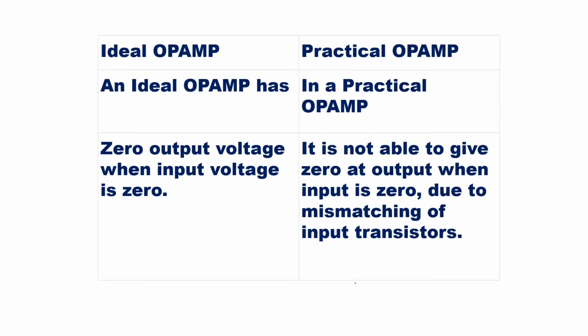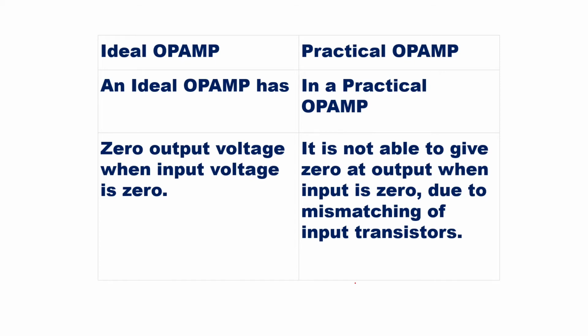Then if you look at the offset, the ideal op-amp will have zero output voltage when the input voltage is zero. Whereas practically, it is not able to give zero at the output when the input is zero, due to mismatching of input transistors. So the output voltage will be zero when the input voltage is zero. Ideally it should happen, but it won't happen because of mismatching of input transistors, and some voltage exists